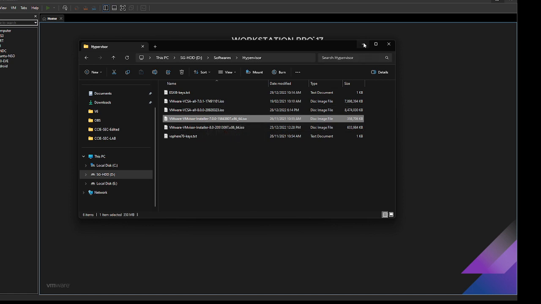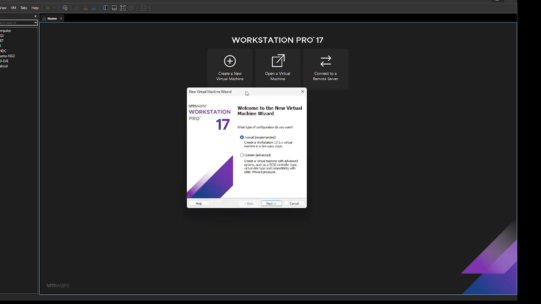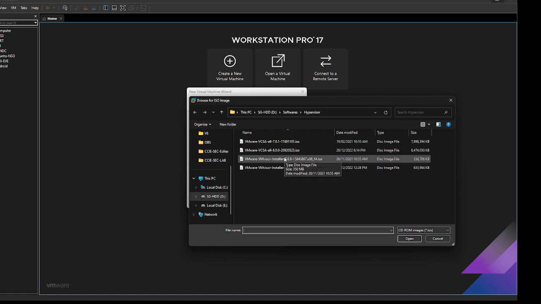So now I can go ahead and deploy the ISO image, because my Workstation is installed on top of the operating system, so it has access to all the resources. If I click on new machine, you see typical or custom, that is for the advanced. We just select the first one. Next. Now installer disc image file, because I have the ISO image, so I will browse to it. It's already taking me to the folder where I had it selected because I have installed it.